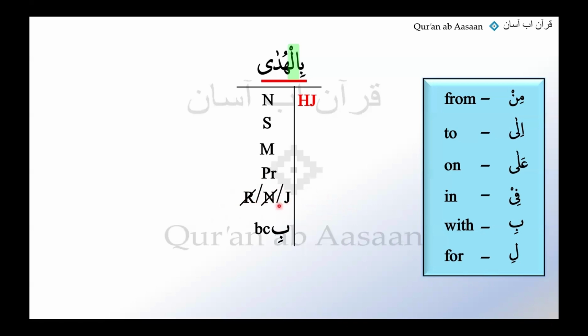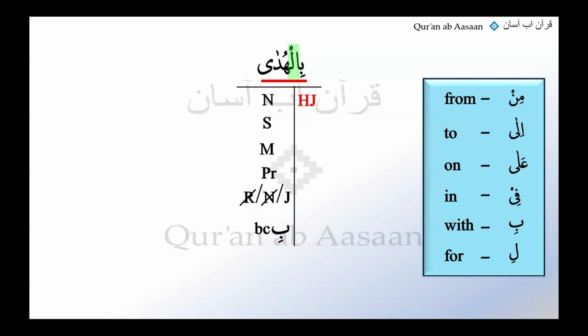And how do we determine what is that case sign in the particular situation? By looking back. And here by looking back, because there is a harf jar behind it, it can only be in jar because that's what harf jar does to a noun. It changes the case sign of any noun to jar. So the other two would be cut. It would only stay in jar and we write the reason here instead of question mark. Here in this case, the reason is because of the harf jar B. So because of B. Excellent.